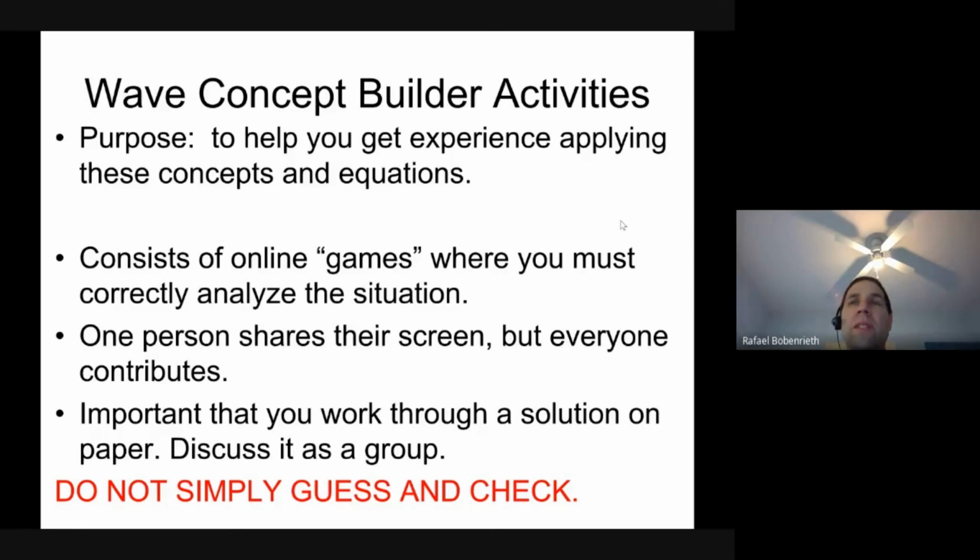I am going to be visiting each of the rooms. The way I've set this up, I can't actually speak, but I can offer feedback or support through the chat. So if you have a question for me, put it in the chat, and when I get to your room, I'll see that you have a question, and I will do my best to answer it in the chat function. Okay? So you can certainly reach out to me via the chat function.